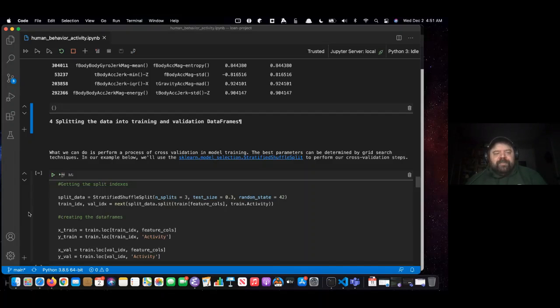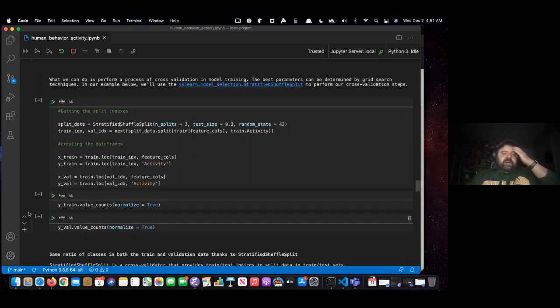Okay. All right. So at this point, we've analyzed the data. We've looked for outliers. We've done the normalization check. We've converted the labels into numerics. So now we actually want to split up our training and test data, and we're going to use a technique called cross-fold validation. A particular one is called Stratified Shuffle Split. I'll let you look up the documentation to see exactly what it's doing, but in this case, it's going to take our data and split it into